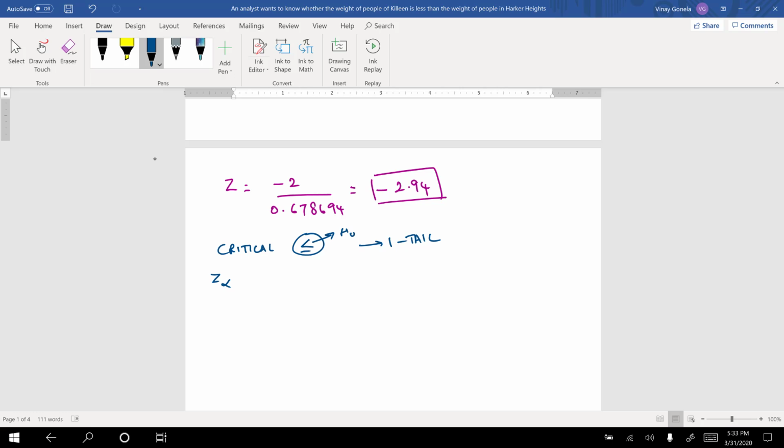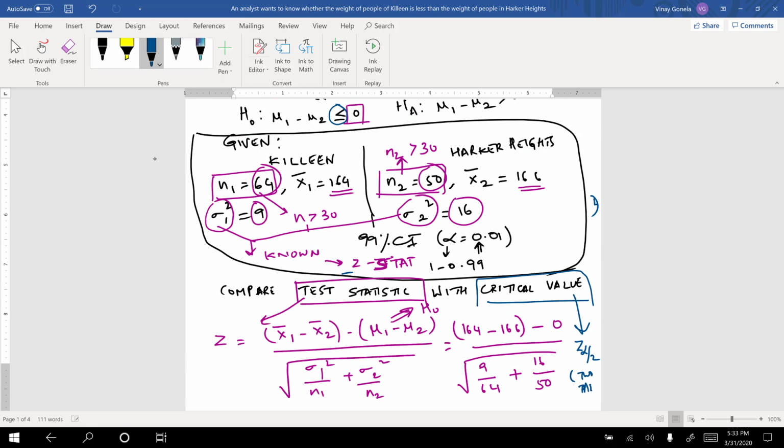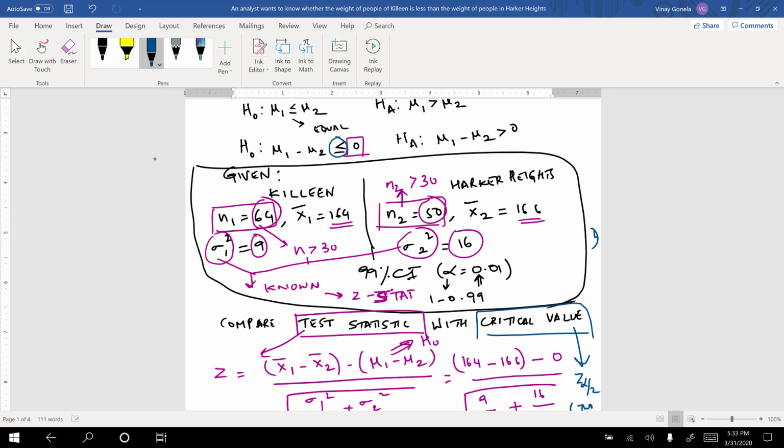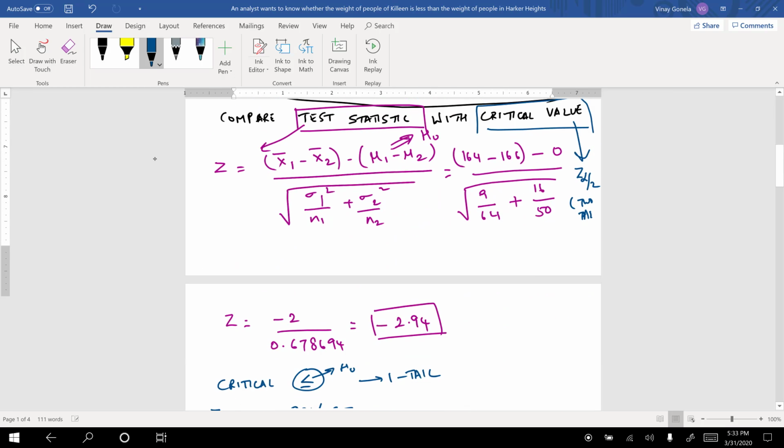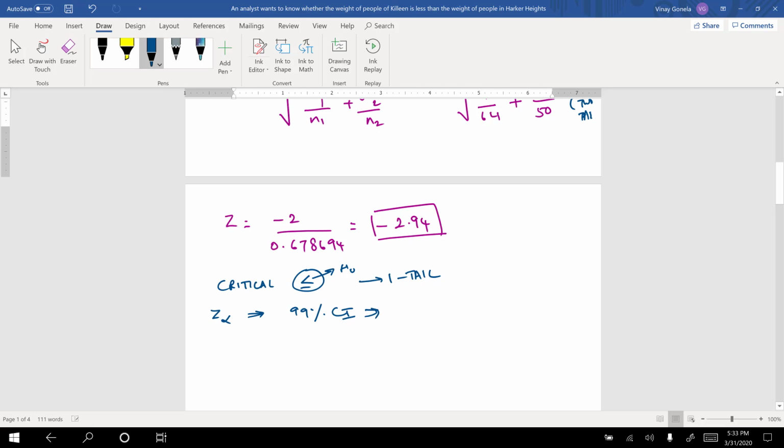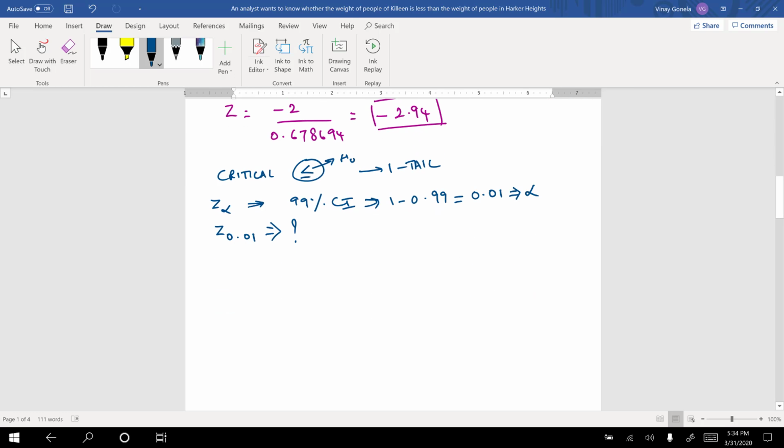So we wanted to calculate z alpha. For alpha they gave 99% confidence interval, that is what is given. So we calculate alpha, which is 1 minus 0.99, that is equivalent to 0.01. This is our alpha. So z at probability 0.01 is what we are looking for. So what is this value? I will show how it looks in